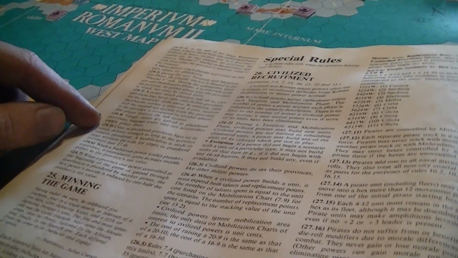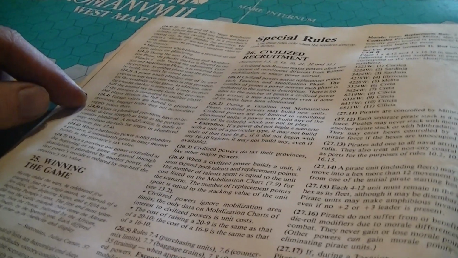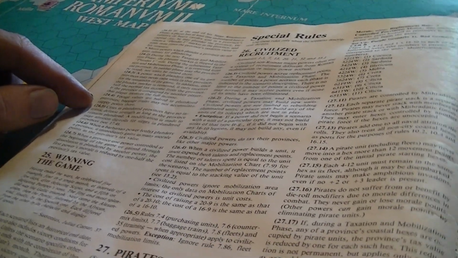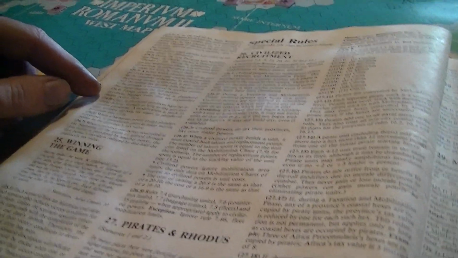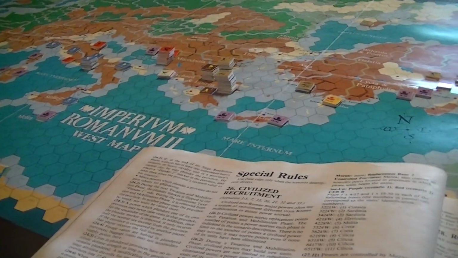We didn't really go into the provincial ownership rules. Again, that's a procedural type thing. Forage values are halved while a province is plundered. You cannot accumulate supply points in a baggage train. I don't remember if I told you under the supply rules, if a baggage train parks in